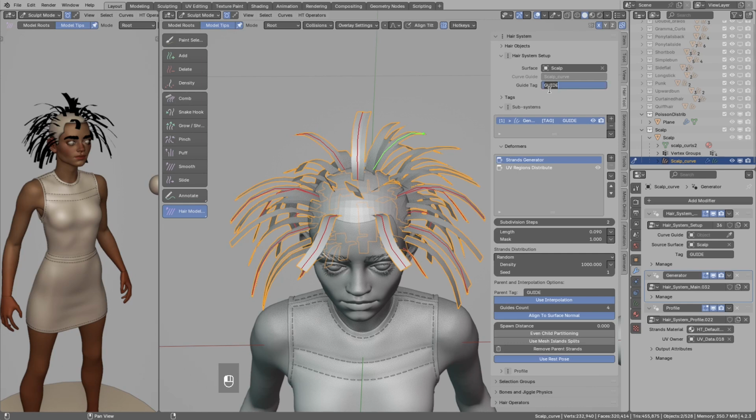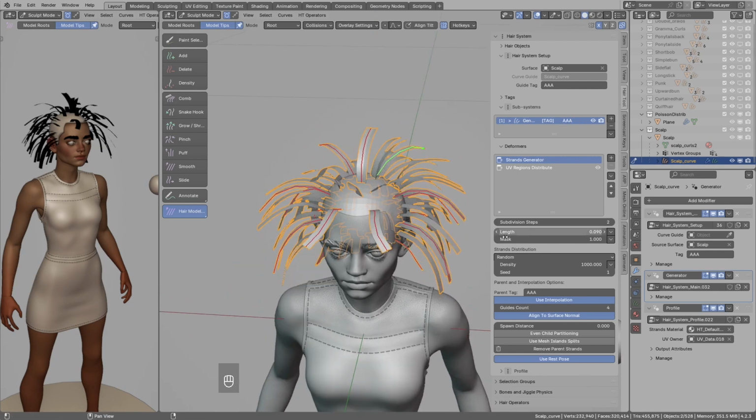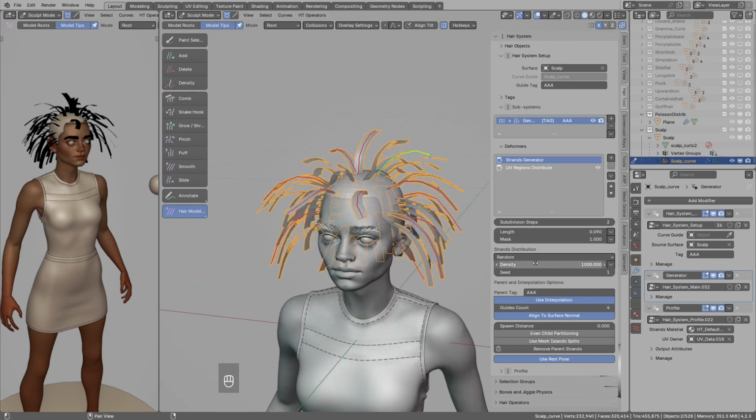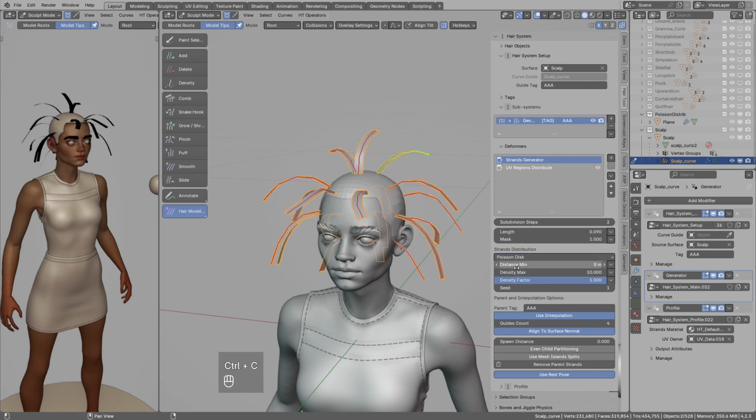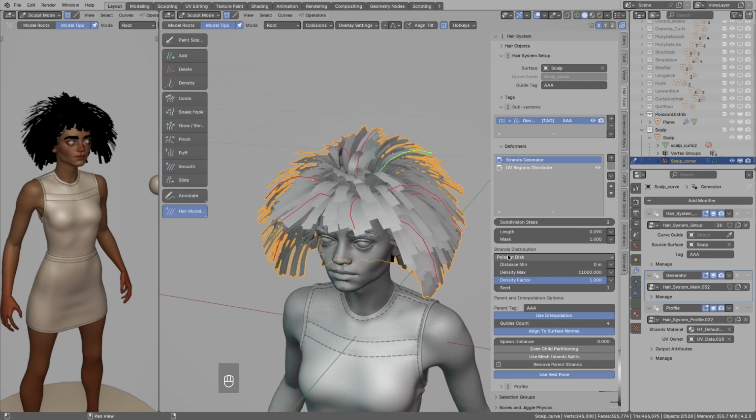So, for example, if I change the name of the guide strands to AAA, interpolation won't work, but in the column for the parent, I can change the tag to AAA, and see now interpolation works. So now I will go back and switch again, copy density, switch to Poisson disk sampling, paste the density, maybe actually increase this 10 times, and let's say the spacing this time I will set to 1 centimeter.